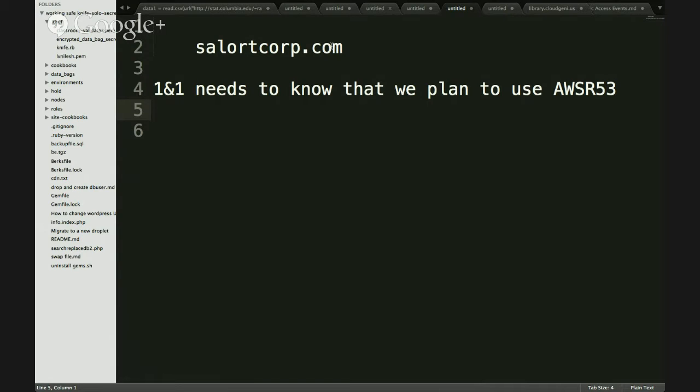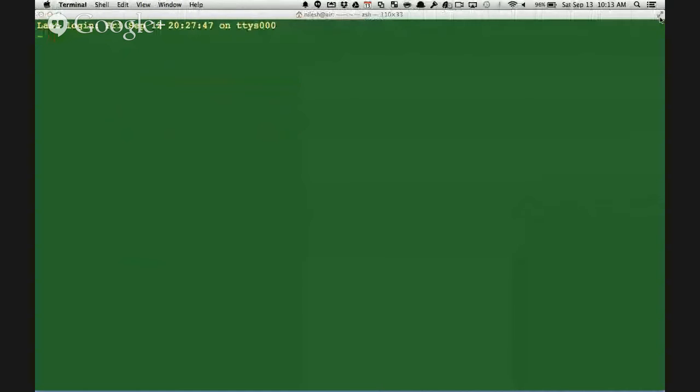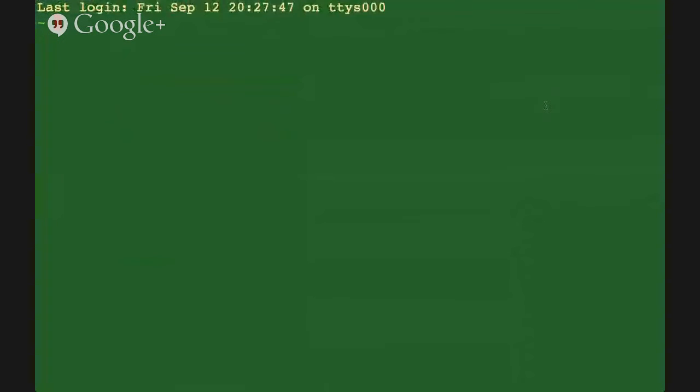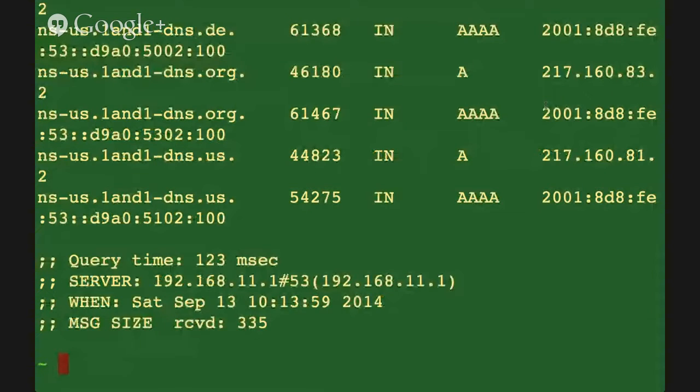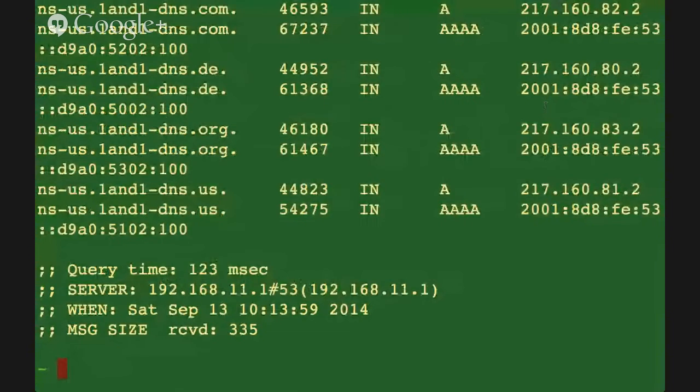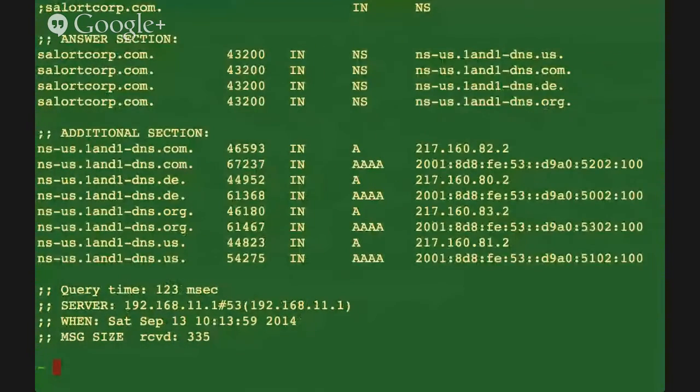You should be able to see my black colored window where I'm typing, and also a green colored window where I am using my terminal. I'm going to make the terminal a little bigger so we can see what's going on. And here I will check dig celotecorp.com, and the first thing I want to check is the name servers. So I will say NS, and it will give me the current name server names. Let's run it and find out. What do we get? We find that it is running one name server.